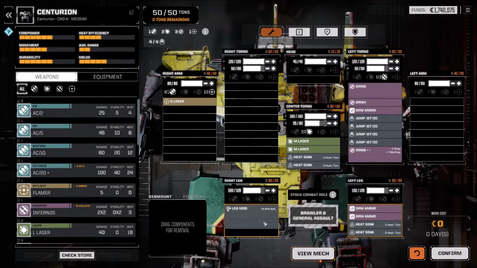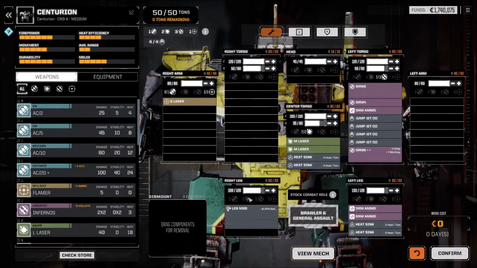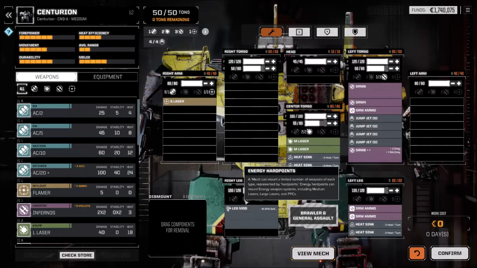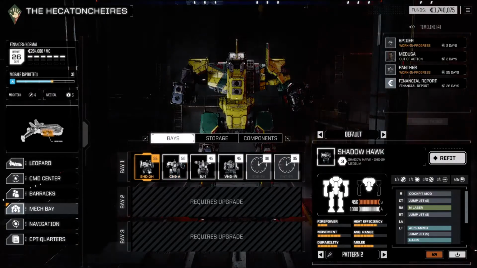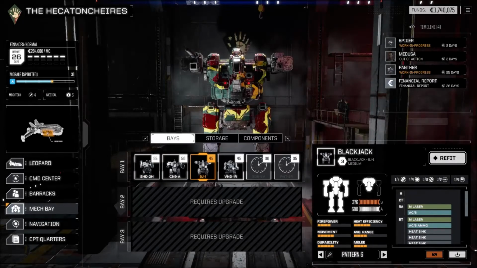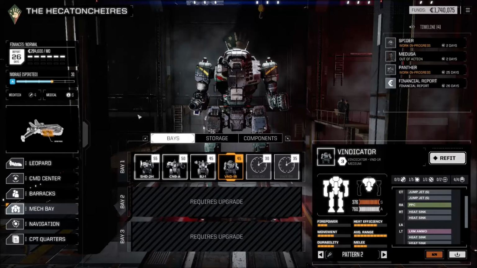I've put the -10 DFA leg mod in here. Brawling is pretty good in this mech, and it might get to it that I'm going to have Decker in there just for fun. So that's the way I've got the Centurion configured. I think everybody else is much of a muchness. PPC 10, yes, this is fine. Okay, so we'll go back to